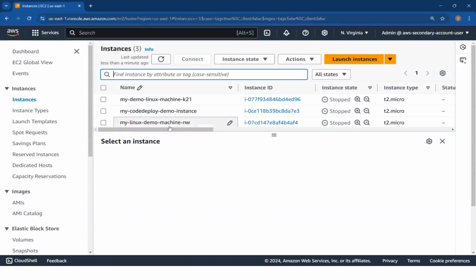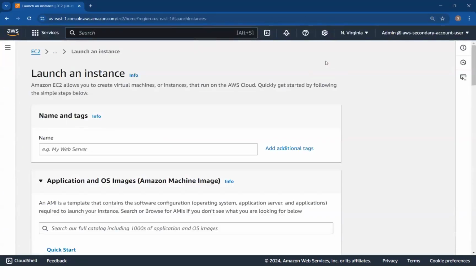If you remember, some time back, we had used this one. But right now, I'll get rid of all of them and create a new one, because I want to attach a particular key pair to it. Let's call it Git demo instance, in smaller case. Anyway, I want to show you how it is possible from scratch as well.